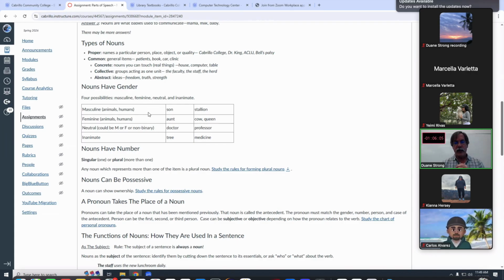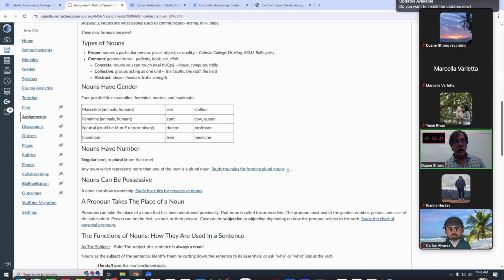What if it was like the janitor? Is that a proper noun? Is that a particular person? Yes. No. Janitor? Whoever's the janitor today, I don't know their name, right? So that's not a proper noun. Okay, if it's not proper, then it's called common noun. And common noun we can break down into 3 more types, right?